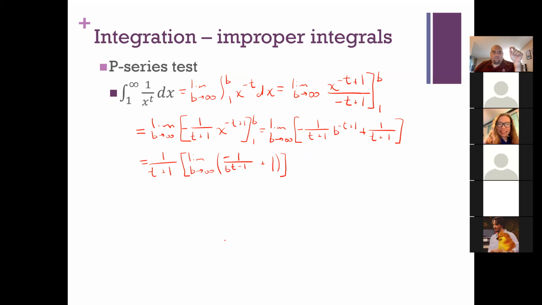If I put, let's say b equals 2, then what I have is this. Negative 1 over 2 to the t minus 1 plus 1. Did I do the wrong variable again? I did. So this is going to come out to be,